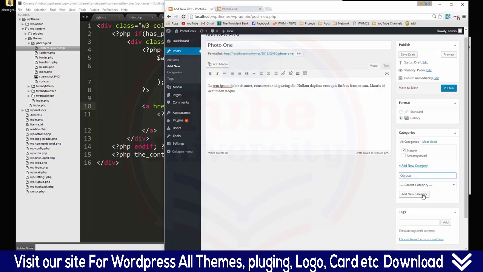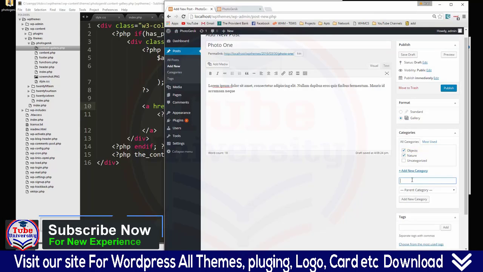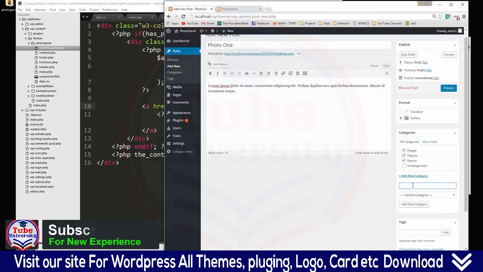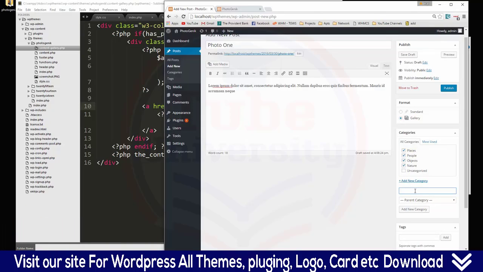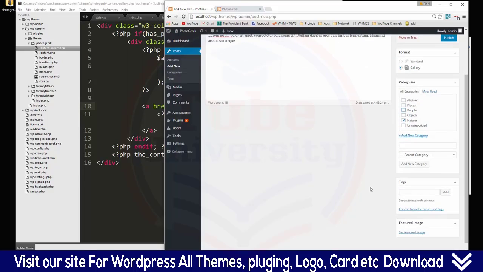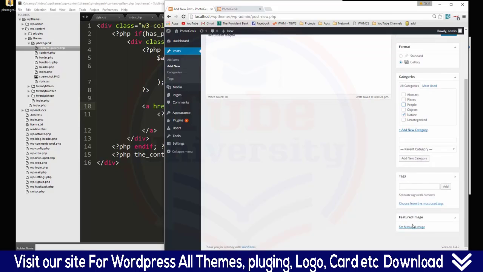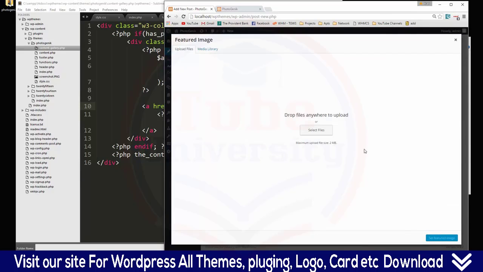We'll say objects. Let's do, what else? People. We can say places. Abstract. Okay, and I only want to choose nature. Okay, and then down here in featured image, we're going to say set featured image, and then we want to